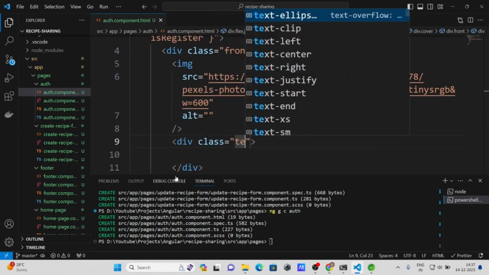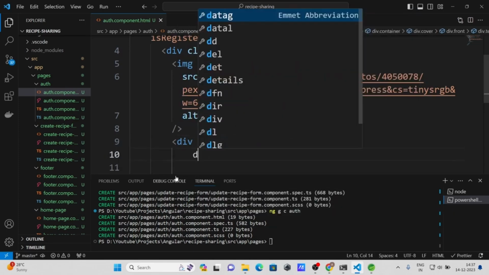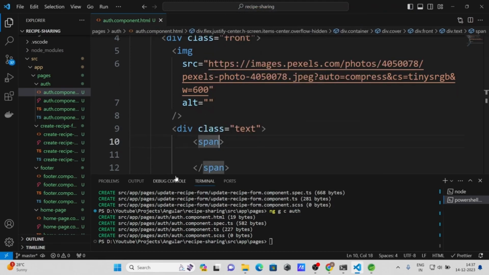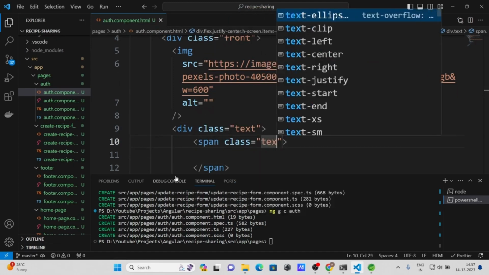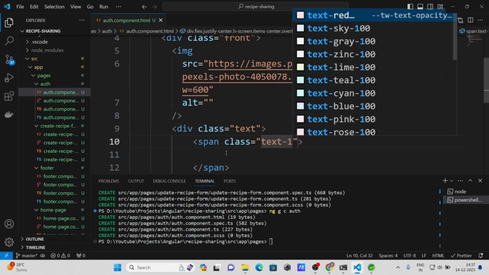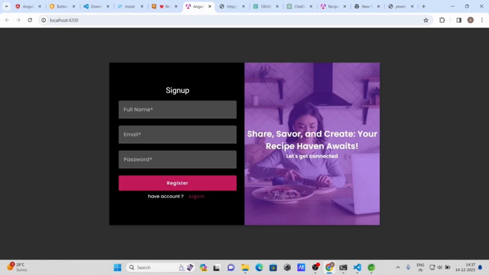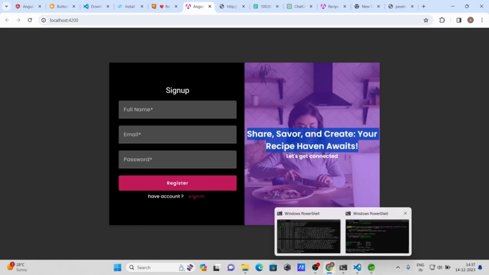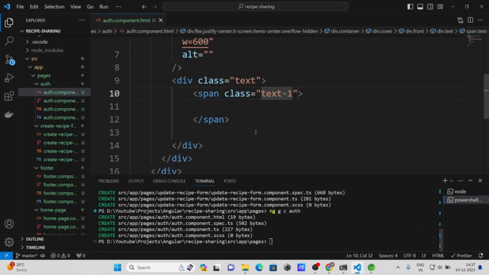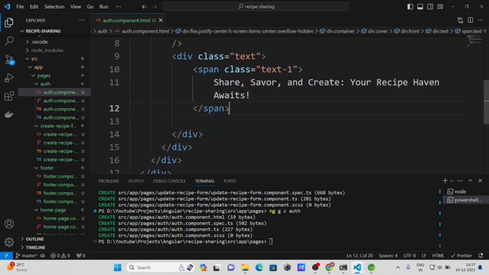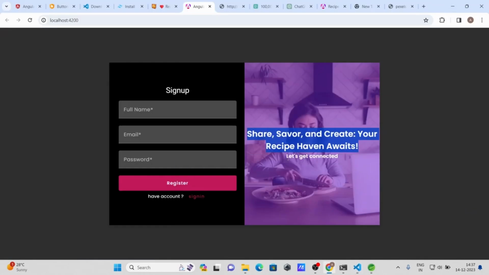Here I need to give class text, then span. Okay, and here I need to give class text1. Okay, so let's copy this text from here, and I'm gonna paste it over here. Now let's create one more span and copy this text,